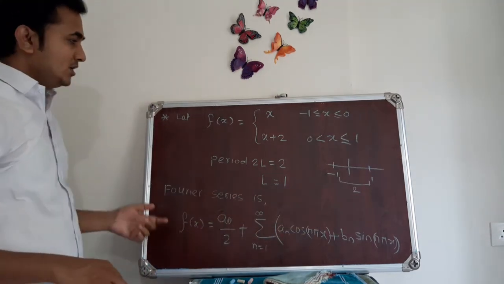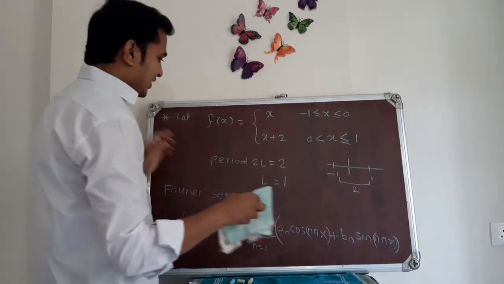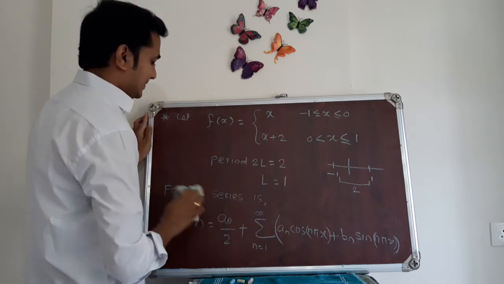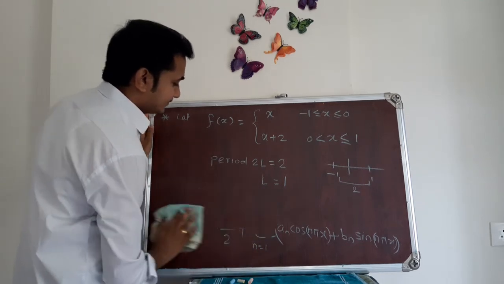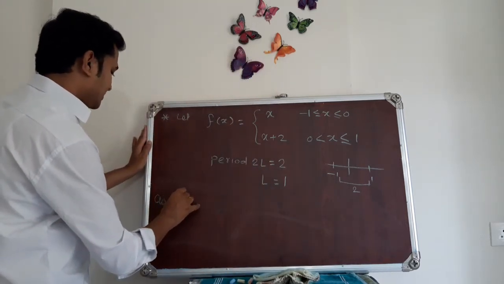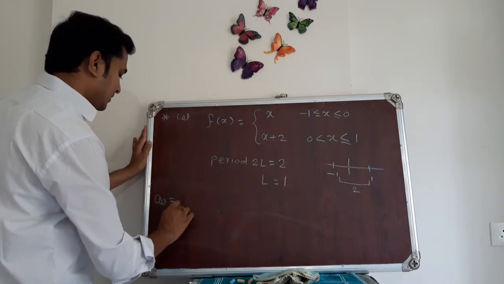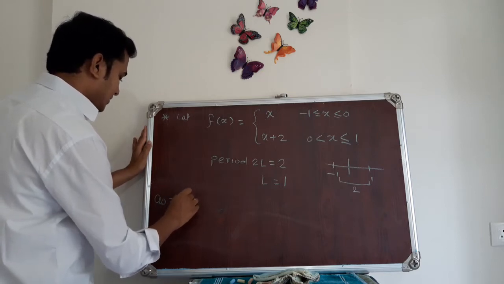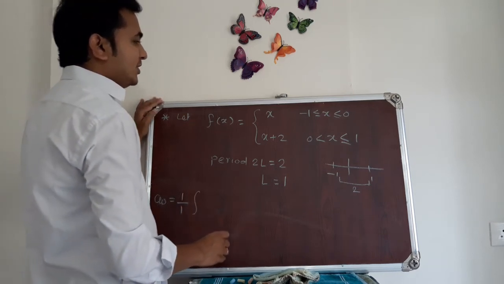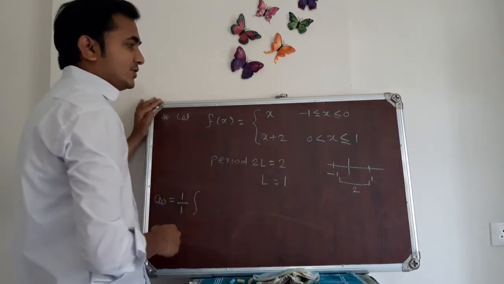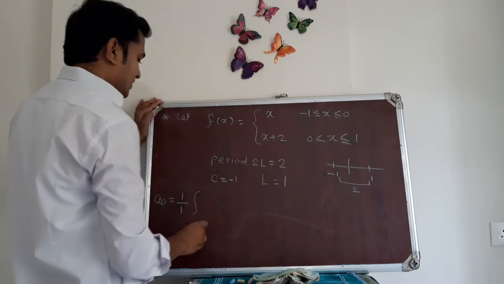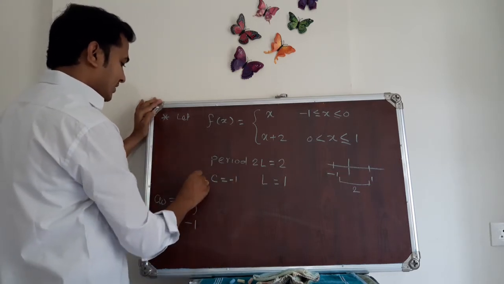I will give you the formula, you can try at home. So a naught is 1 by L, so 1 upon 1, integral c to c plus 2L. Here c is minus 1, so minus 1 to 1 f of